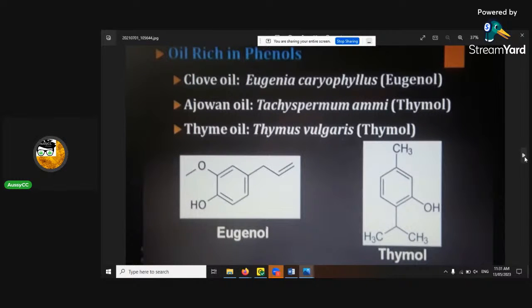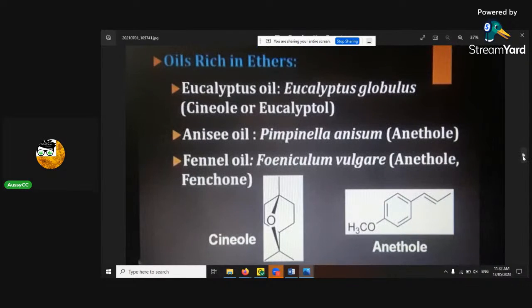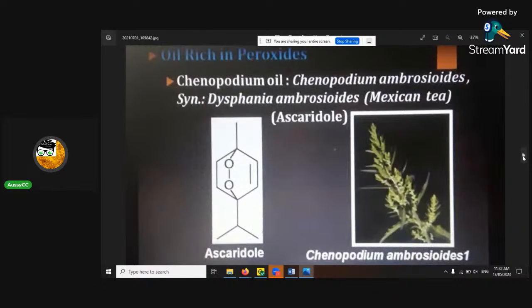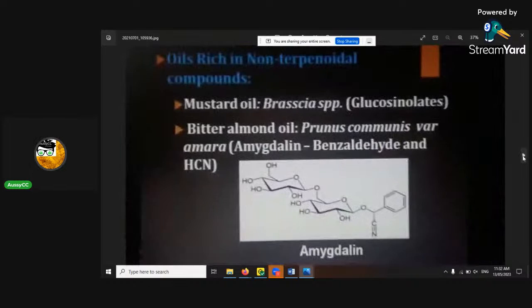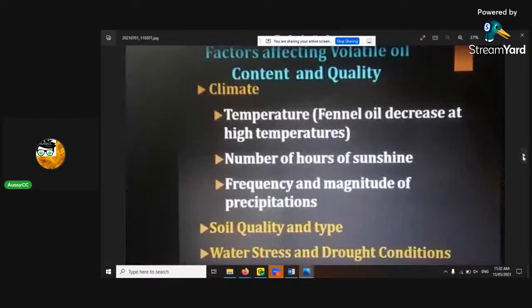Eugenol, that's very handy. These have all got health properties, anti this and anti that, and they all vary, so each one has its own benefit. That's why people get into essential oils. So you can get them all out in medical cannabis.